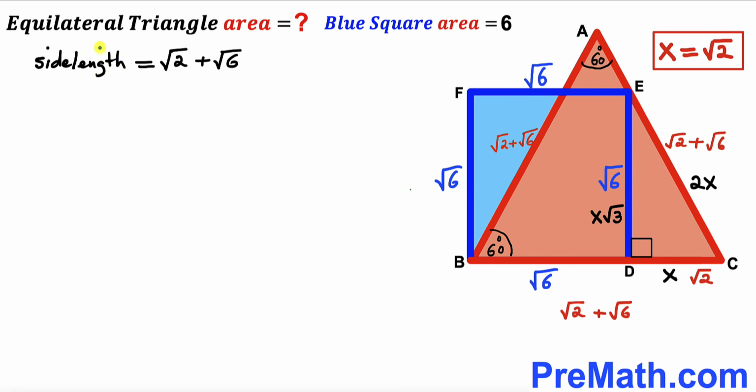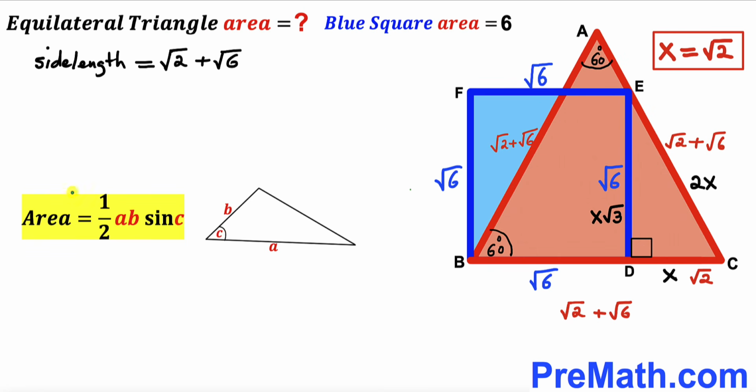And here's our final step. Now we are going to calculate the area of this equilateral triangle ABC. And now let's recall the area of a triangle formula. Area equals a half times A times B times sine of angle C. As you can see in this triangle, we got these two sides A and B, and C is the angle in between. And here for this triangle ABC, our two side lengths are square root of 2 plus square root of 6, and this side length is square root of 2 plus square root of 6, and the angle in